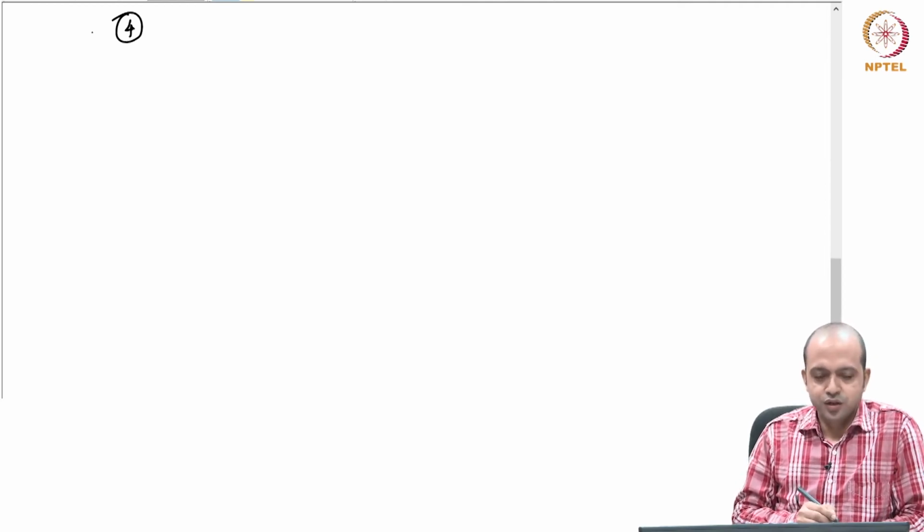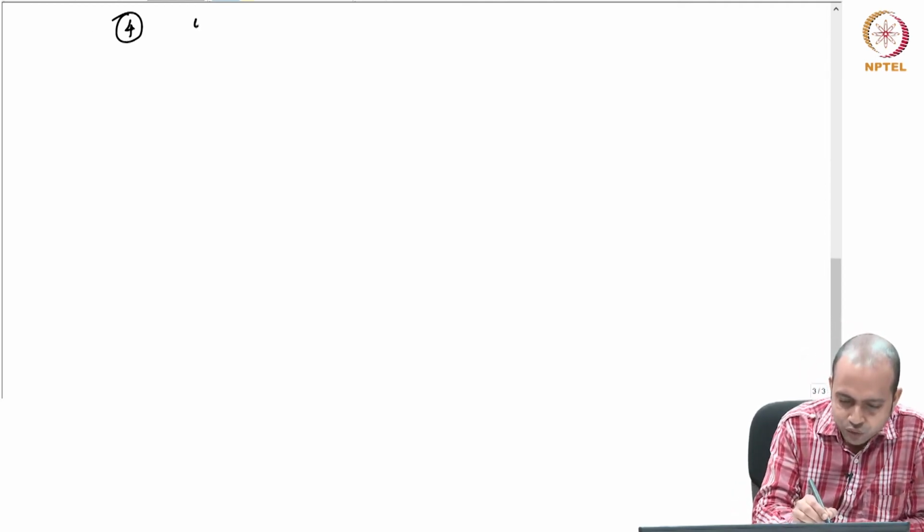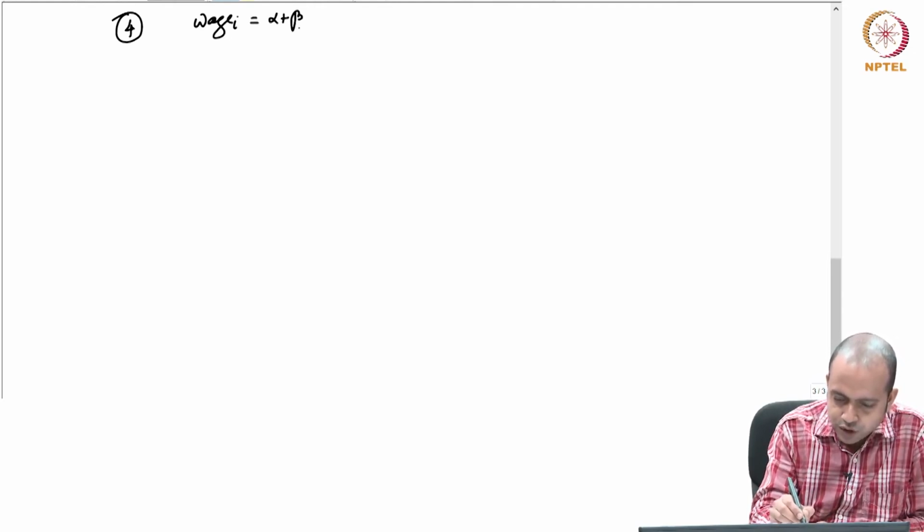So, our wage function is wage equals alpha plus beta 1, let us say this is d1i, plus beta 2